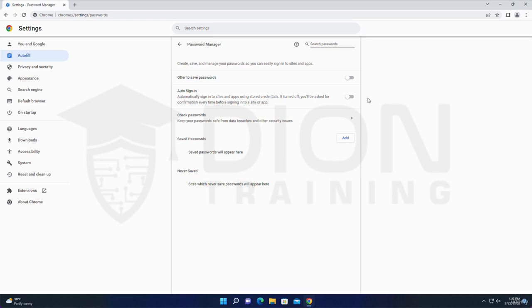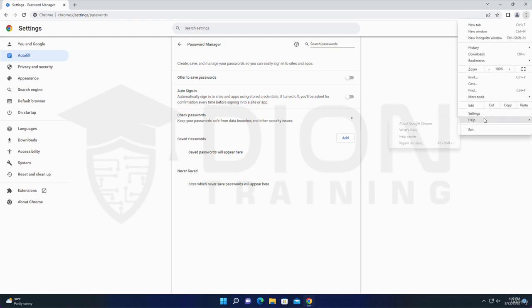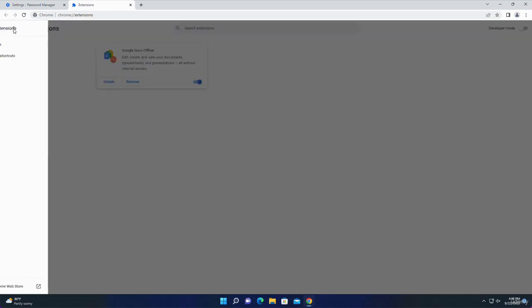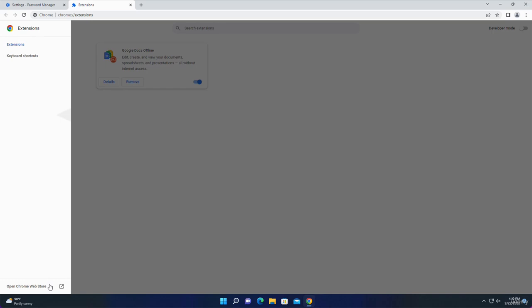Now, in order to install Bitwarden, which is the password manager I want to use, I need to first go into the extension store, and by going into the extension store or marketplace, I can download the extensions that I want. So I'm going to go up here into my three dots, I'm going to go over here to my more tools, and then I'm going to go to extensions. From here, I'm going to be able to search my extensions, which will only search what's locally on my computer, or I can click the three lines on the left-hand side and go down to the bottom to open the